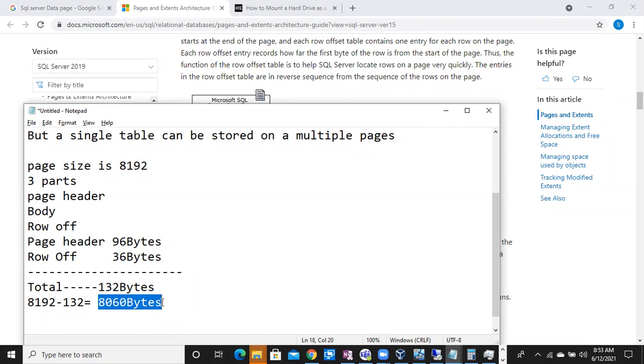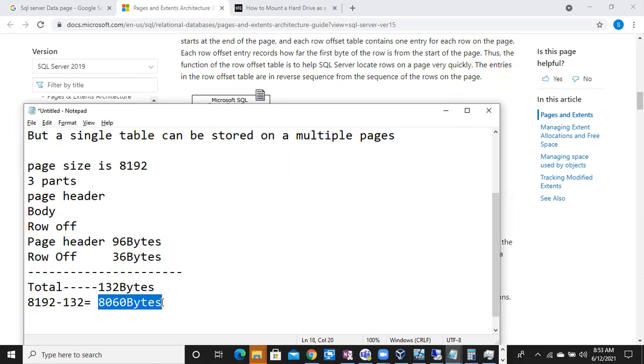For example, an employee ID, an integer, will take 4 bytes. If you are giving a name like Parameshwara, I don't want to accommodate it with 10 or 20 bytes, right? While creating, I gave varchar of 100, which means it will accept 100 bytes. Each data type will have its own size, so a column doesn't have any size manually. You have to consider the row offset and the page header.